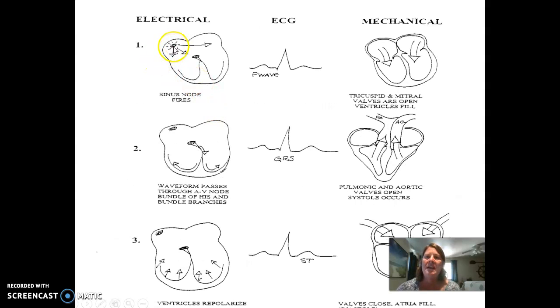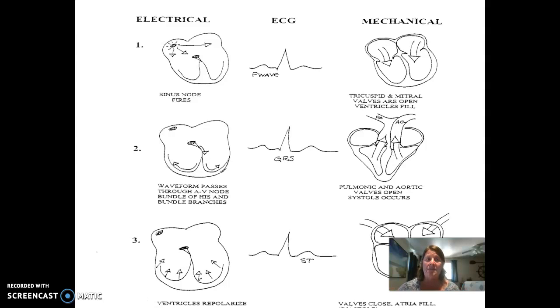So electrically, when the SA node fires and it sends that impulse through the atria, it's going to give us our P wave. Again, the P wave tells us the atria have depolarized. If it's a nice normal rounded P wave that looks the same going across our strip, we know that impulse originated from the sinus node. So basically what's happening is the SA node fires, travels through the atria, gives us our P wave. What's happening mechanically is the